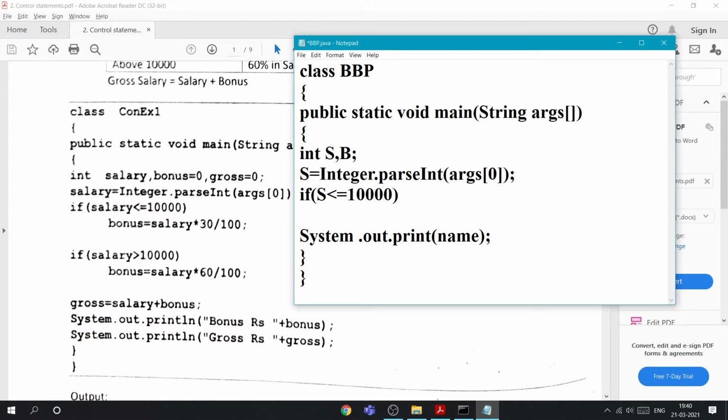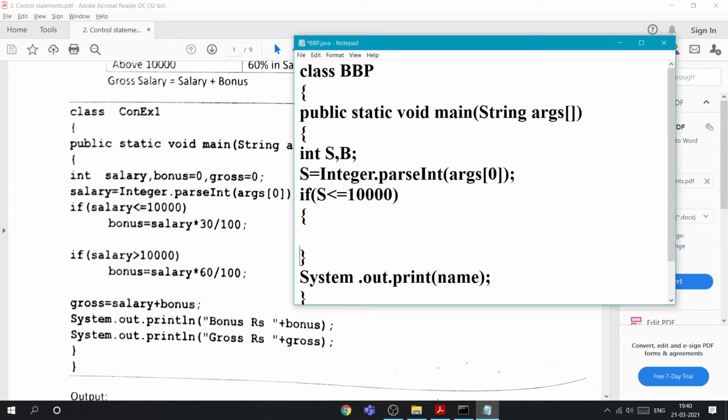In C also it's the same thing. If you want, you can keep them, otherwise you can leave them. So b is equal to salary into 30 by 100, that is the bonus.